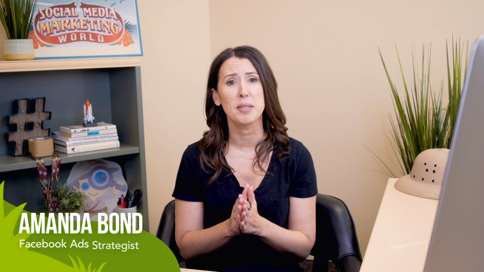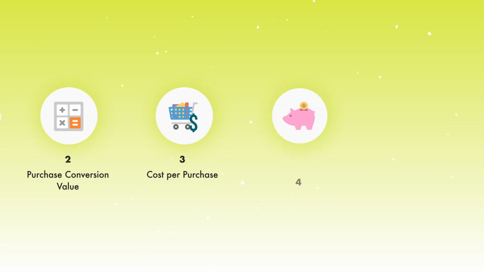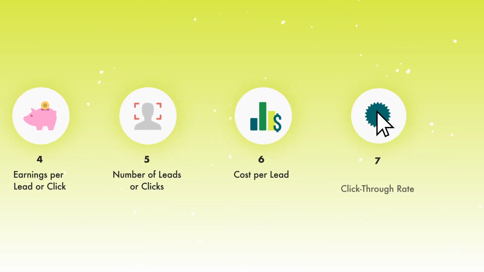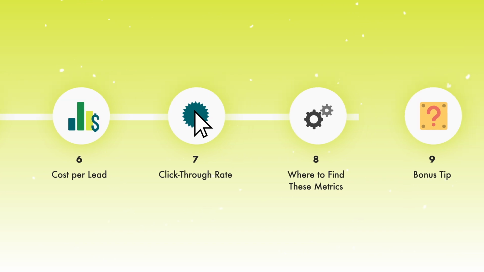So it absolutely pains me when I see new advertisers who start running their Facebook ads and then ask, well, now what? They start Googling how to track their results only to find out things that don't really matter, or they get so overwhelmed with the thought of math that they close their eyes and don't even track their results at all, which is a recipe for disaster when all of a sudden the ads that you think are working might not be. In this video, I'll walk you through the most important metrics that you need to know. You'll learn what those metrics are, where to find them inside of Ads Manager, and what to do when those metrics ain't so hot.